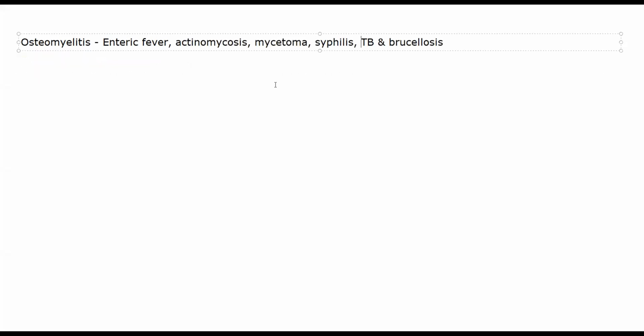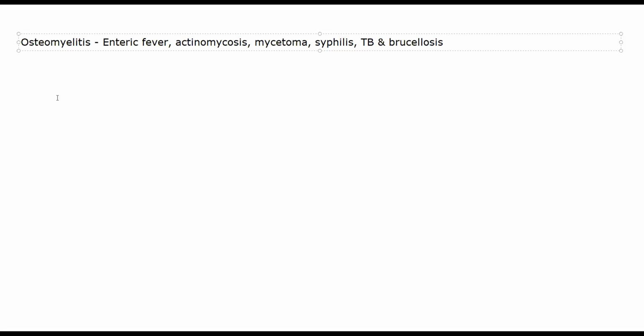Now, you will have several types of osteomyelitis. We'll discuss two main types of osteomyelitis. One is pyogenic osteomyelitis, and the other is tuberculous osteomyelitis. Now, coming to the first one, pyogenic osteomyelitis, it is also called suppurative osteomyelitis because you have pus formation and suppuration occurring in that area, mainly caused due to bacterial infection. You will have pyogenic bacteria like streptococci.